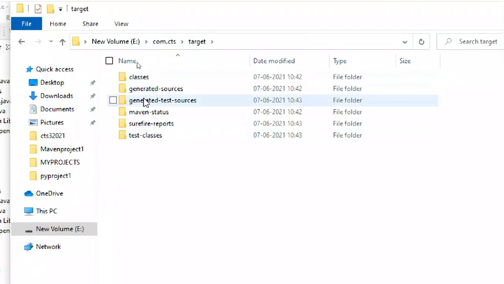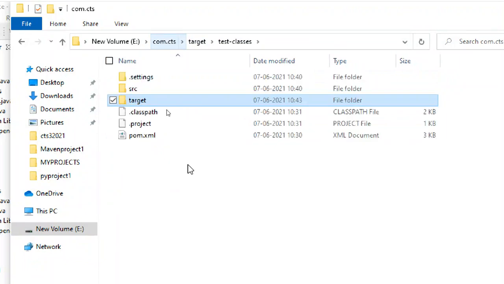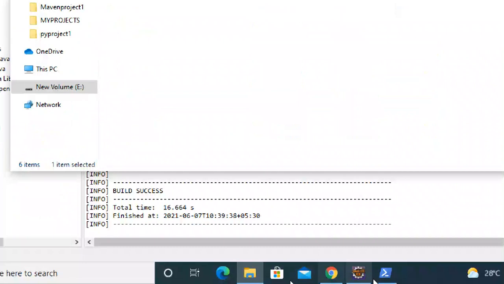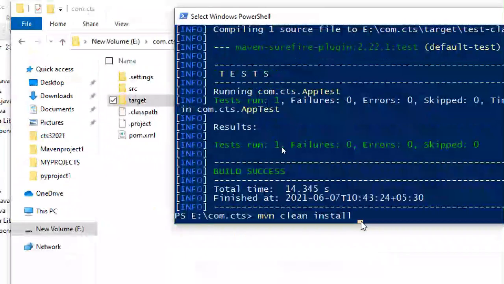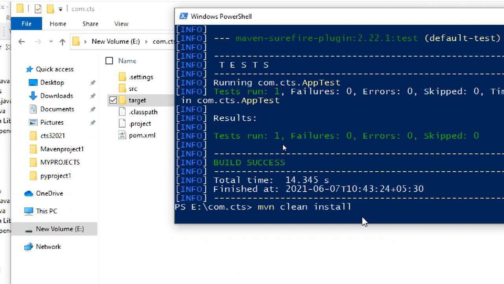In target, just look here and you will understand what I am going to tell next. Okay, so when I put this command, what is happening? Yeah, now I press enter.